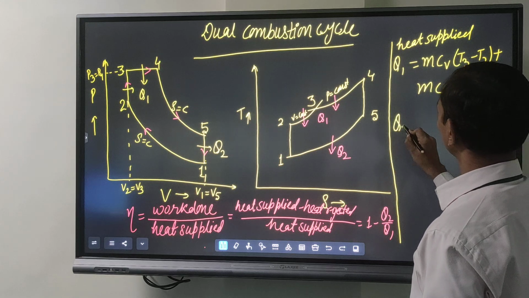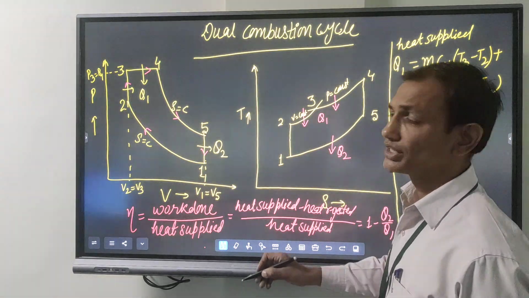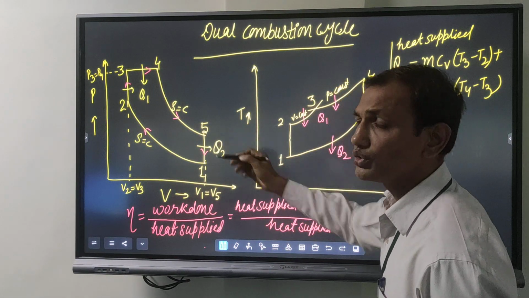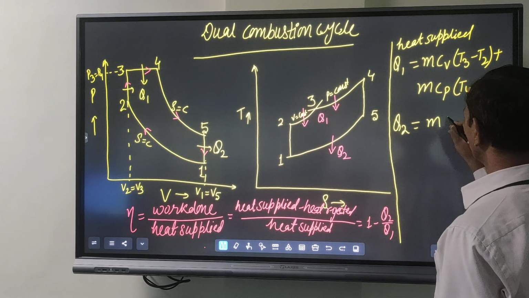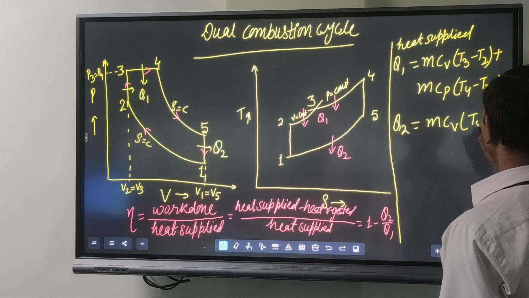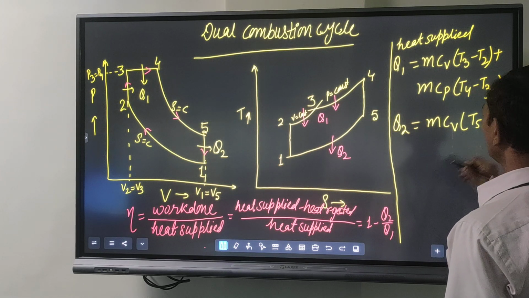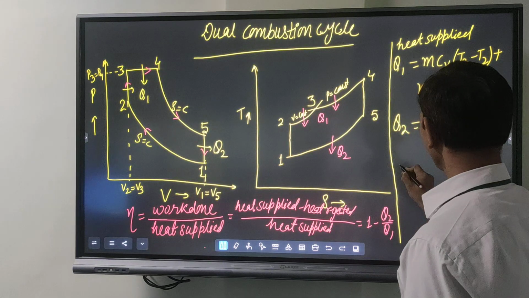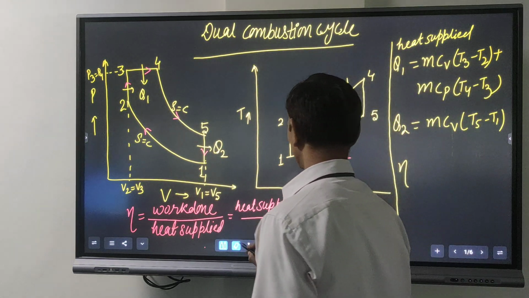And Q2 is equal to heat rejected. Heat rejected at constant volume. So here, m Cv (T5 minus T1). So efficiency